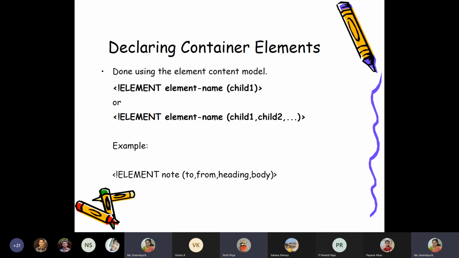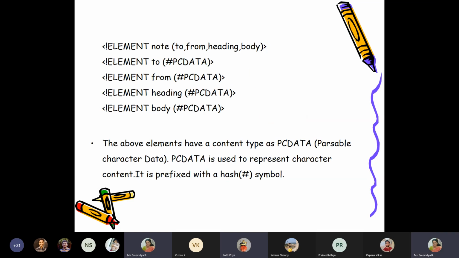You are talking about the subtags. Do they need to be declared in the same order? Is that what you're asking? No, sir. Like in the same statement, the first statement. These are individual statements. If you see the example, they are individual statements. This is my first statement. It ends here. Angle bracket is done. This is the next statement. So this can be in any order, not an issue.